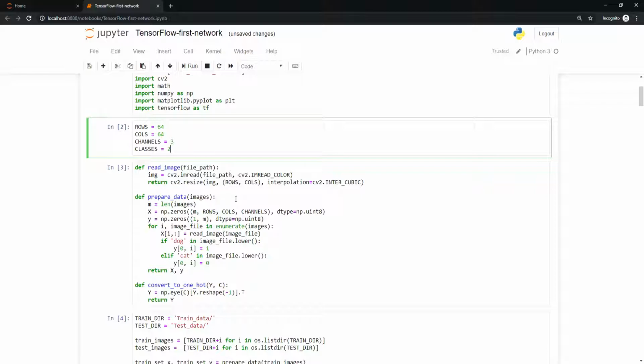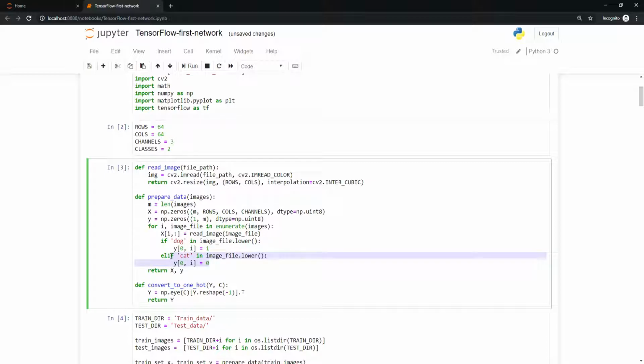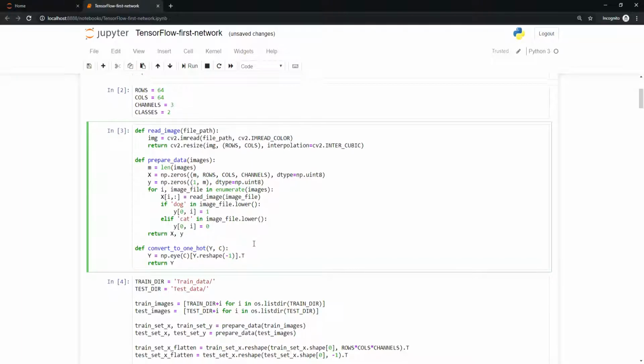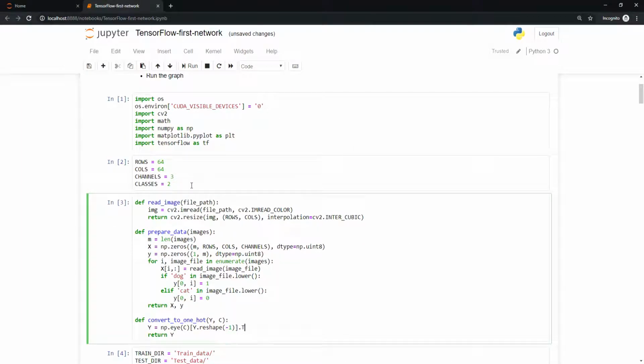Here are the same prepare dataset functions as I used before. This is simple: it reads images and resizes them to our required size. Then I'll use prepare data, so it's with the labels and so on. And if you will be adding more than one class, you'll need to change this a little bit in the dataset and so on, so you should do this on your own. And here is my one function, convert to one hot. So yeah, I talked about it a little in my previous tutorial. So I'll build this all